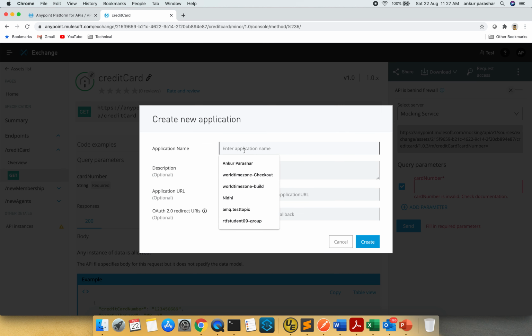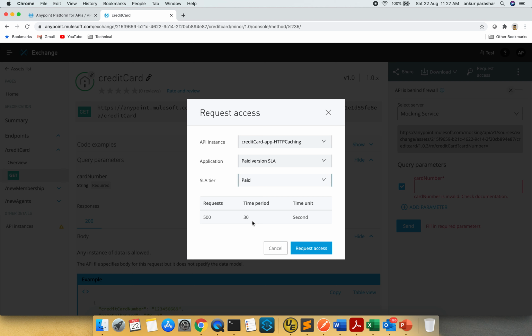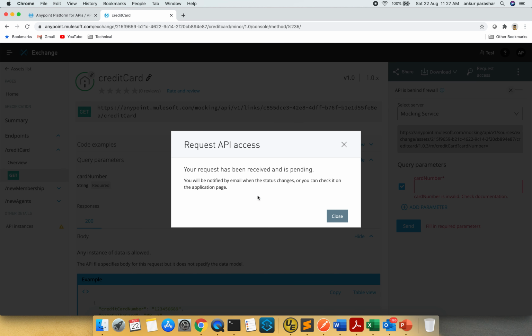I will put paid version SLA. Click on create. I will select the paid version. It is allowing 500 requests within a 30-second period. So I will click on request access. You can see now your request has been received and is pending.